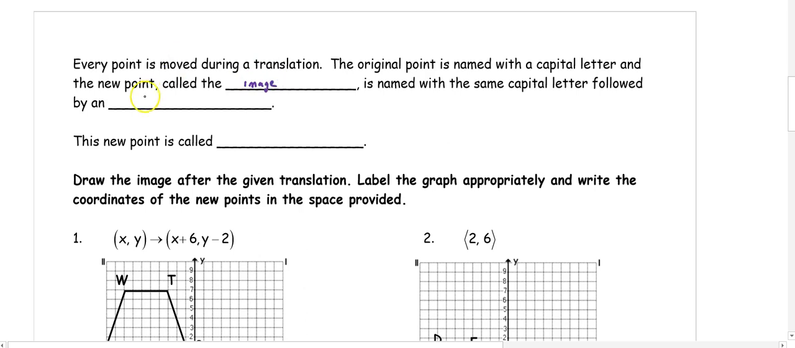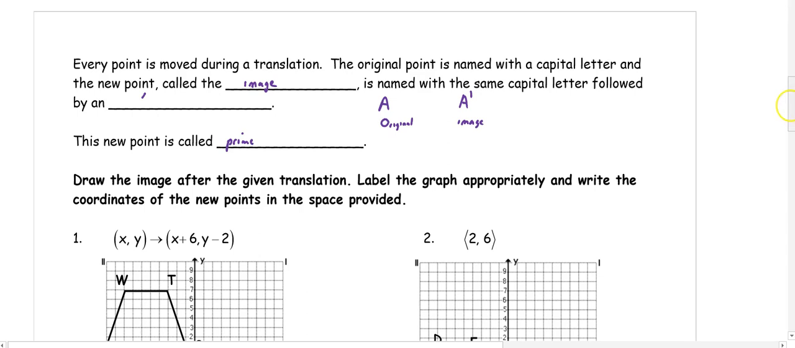which is named with a capital letter with an apostrophe. So for example, our original would be A, which means that our image then would be A apostrophe. This is also called prime. So draw the image after the translation, label the graph appropriately, and then write the coordinates of the new points